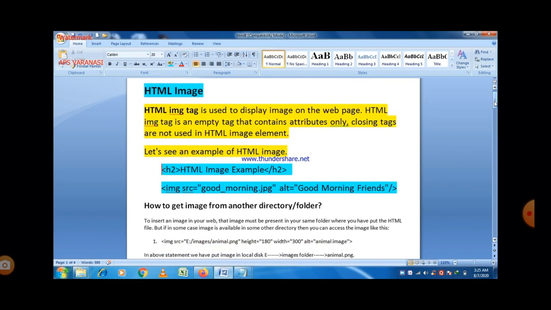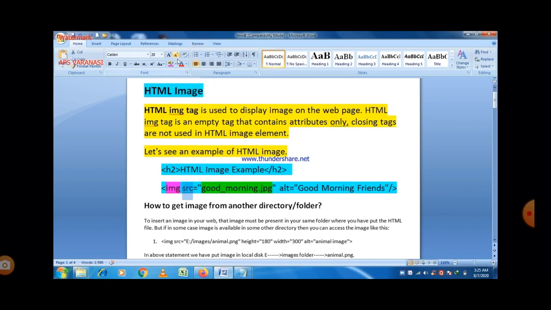So here you can easily see that the example is there. First of all, h2 is there. Basically it is a type of heading. We also know that h2 is a heading, and in the second statement there is an image. So just write img. Name of the tag is img, but it is always used with the src attribute, because without the src attribute you are not able to put an image into your web page. And what is the src? Src means source of the image.